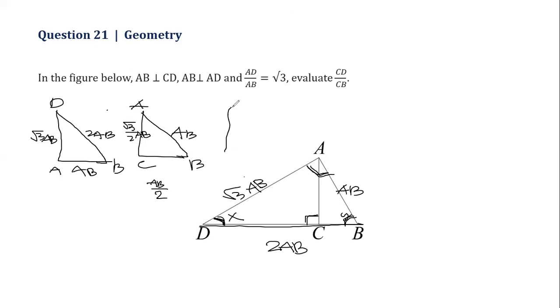And lastly, this implies that CA has this length and DC has